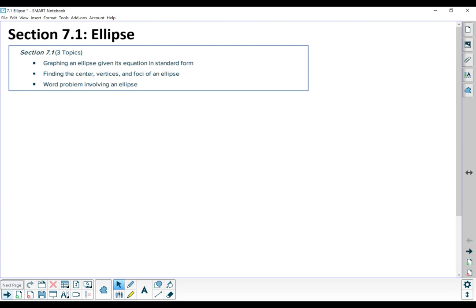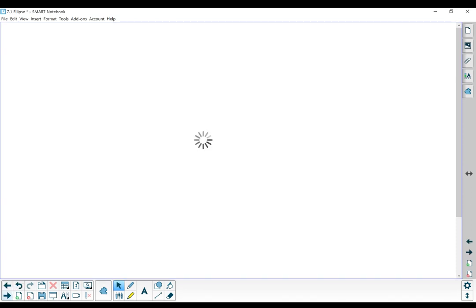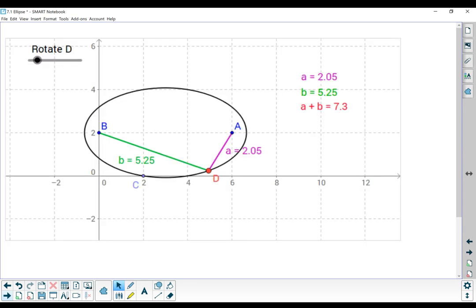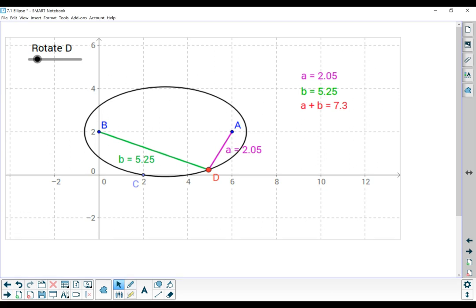We'll be focusing on ellipses. Here's a diagram of an ellipse. An ellipse is the set of all points on a plane such that the sum of the distances from two fixed points is constant. So I have point A and point B, and